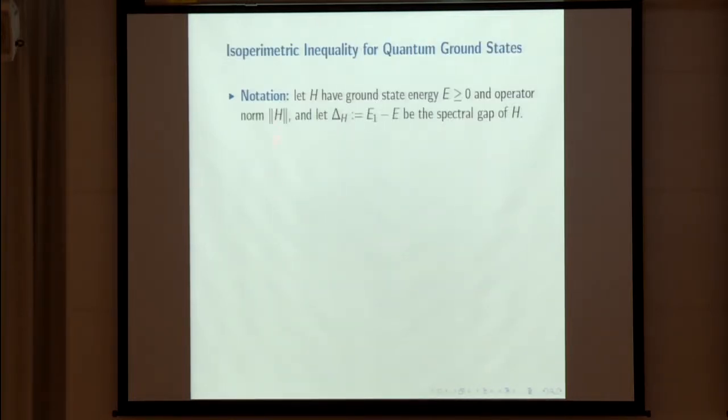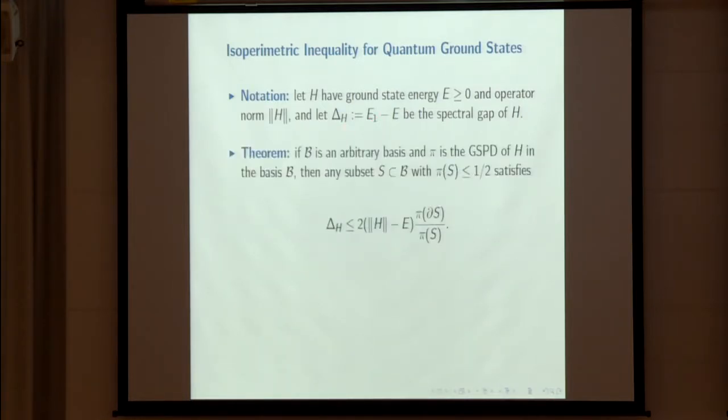Okay, one last bit of notation. We'll say that our Hamiltonian H has ground state energy E that is greater than or equal to 0. You can always do this by a shift. It has this operator norm, and then also the spectral gap is notated delta H. Okay, so the theorem is that for any choice of basis, the ground state probability distribution, so if you take